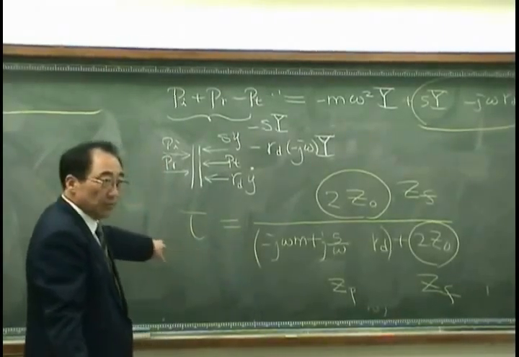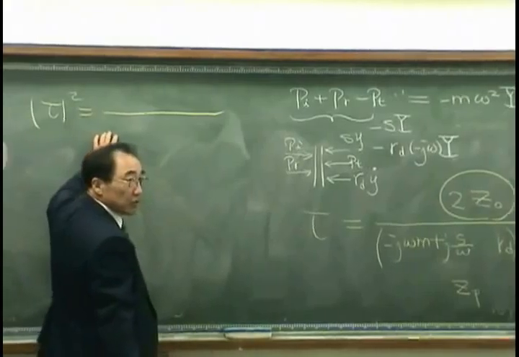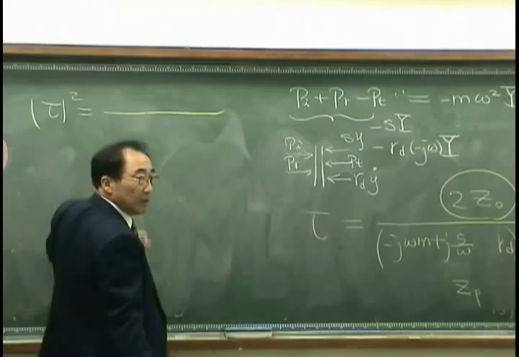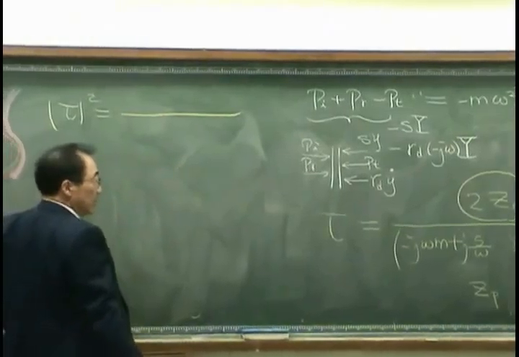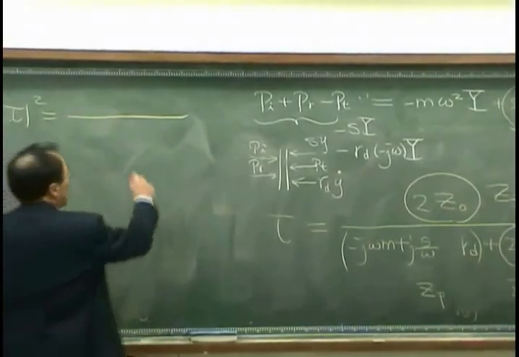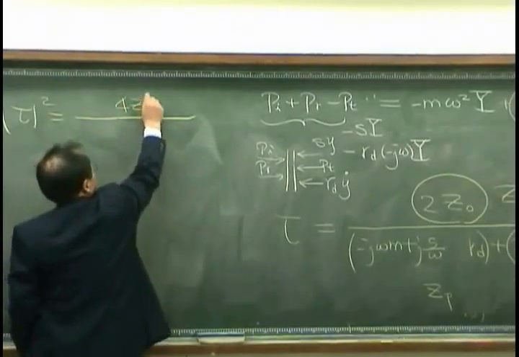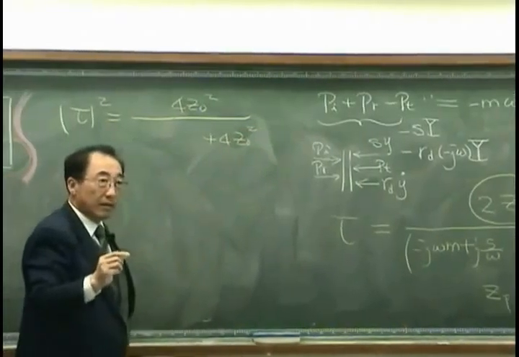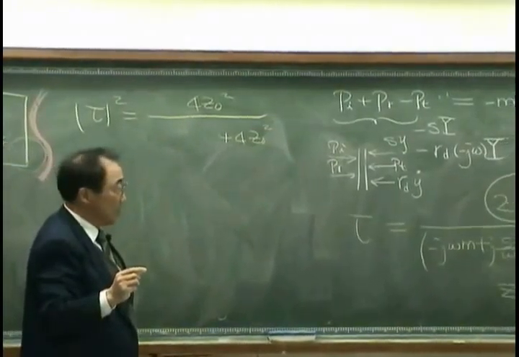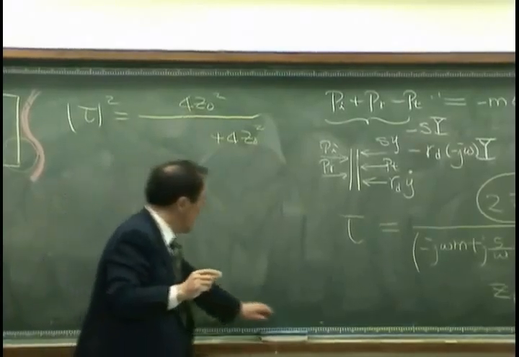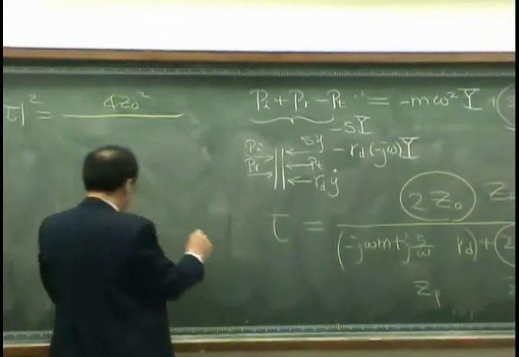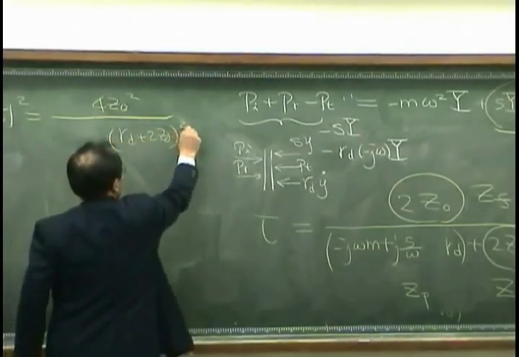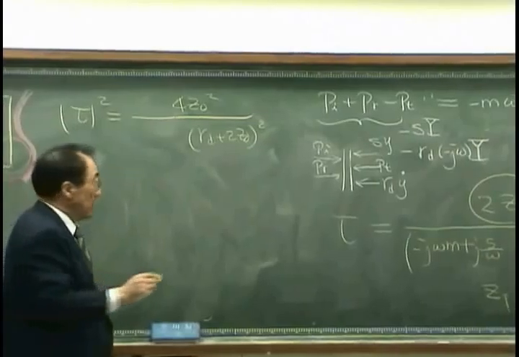Can you, what is the magnitude square? 4z0 square and 4z0 square? No? 2z0 plus, okay, RD plus 2z0 square. Okay. Plus